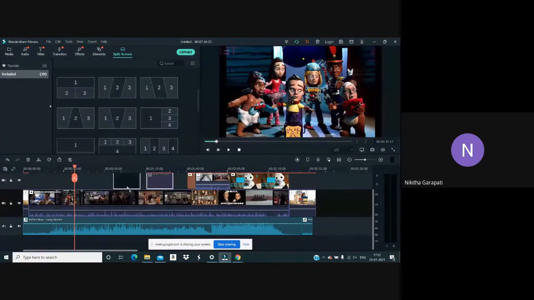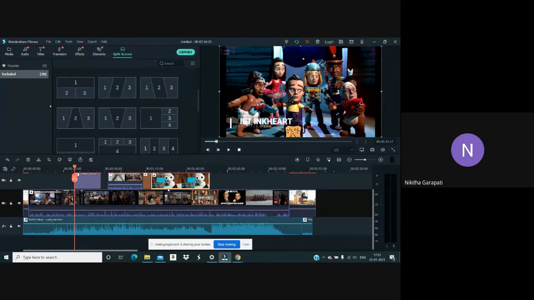So this was pretty much about the settings and features that are available in Wondershare Filmora. If you're a beginner, you'll feel very comfortable using this. And if you're already used to video editing, then I guess this might brush up your basics, because it is more or less the same if you're talking about basics in any software like Premiere Pro or After Effects.